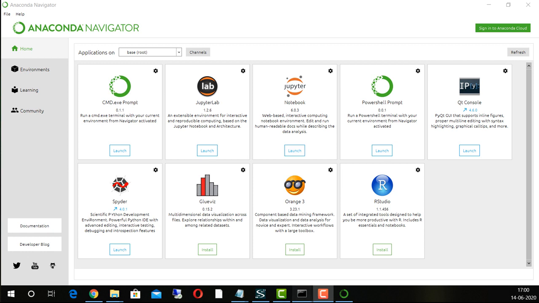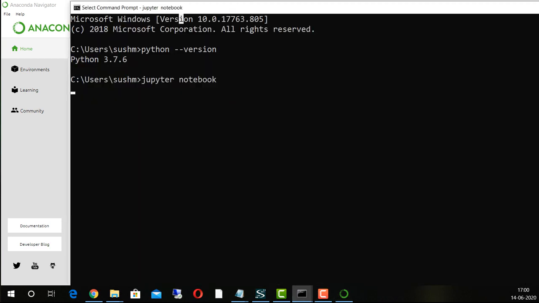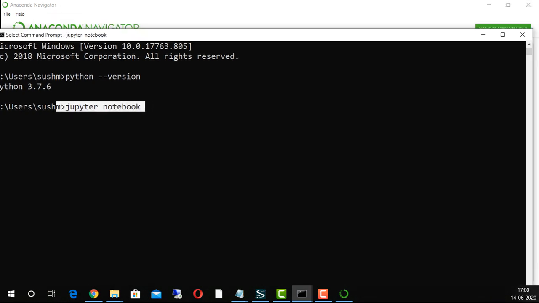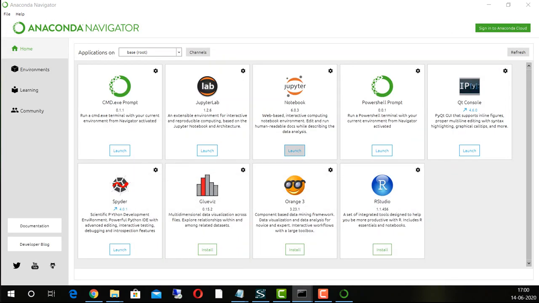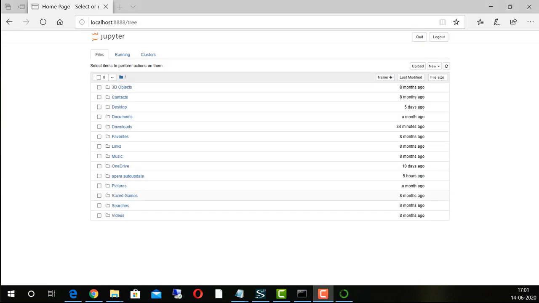So if you have seen, we can either open it by typing Jupyter notebook here. It is taking much time, maybe because this is the first time I installed it on this system, but either you can open it from here, or you can simply click on launch. If you can see launch in the Jupyter notebook, you can click here and it will open a notebook in our browser. So let me show you that notebook in the browser. Okay, you can see this kind of page will open, where I can create different folders. And also let me show you a demo.